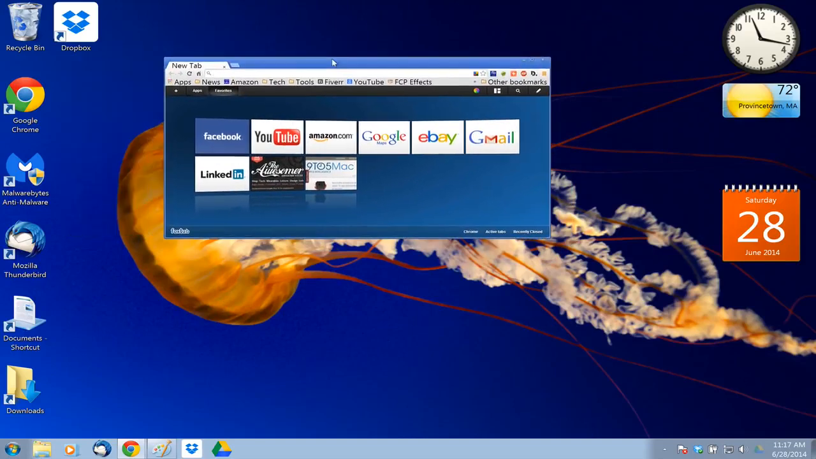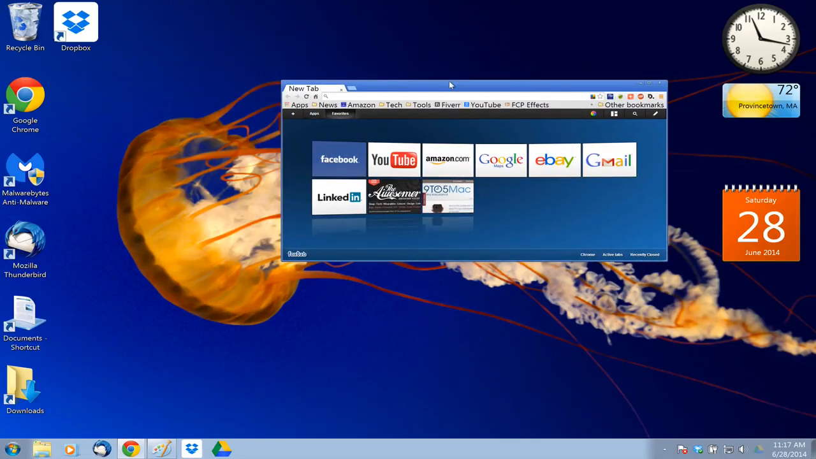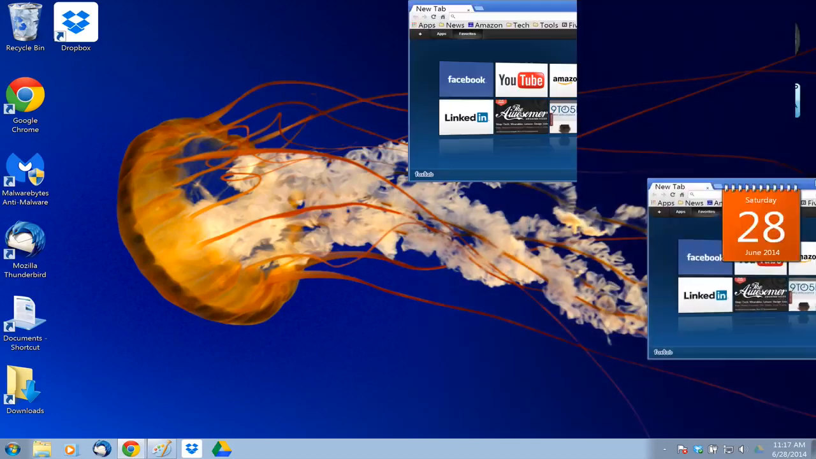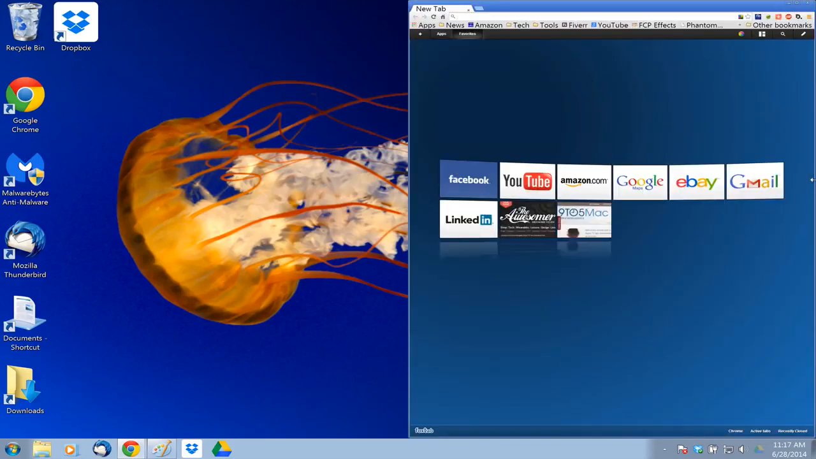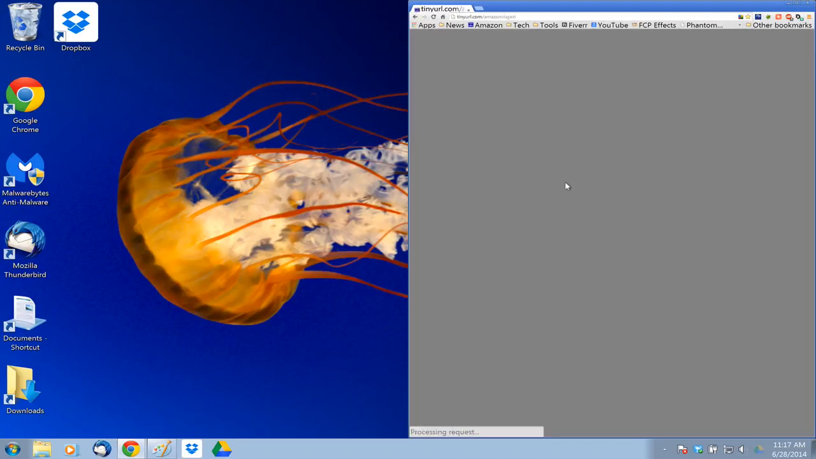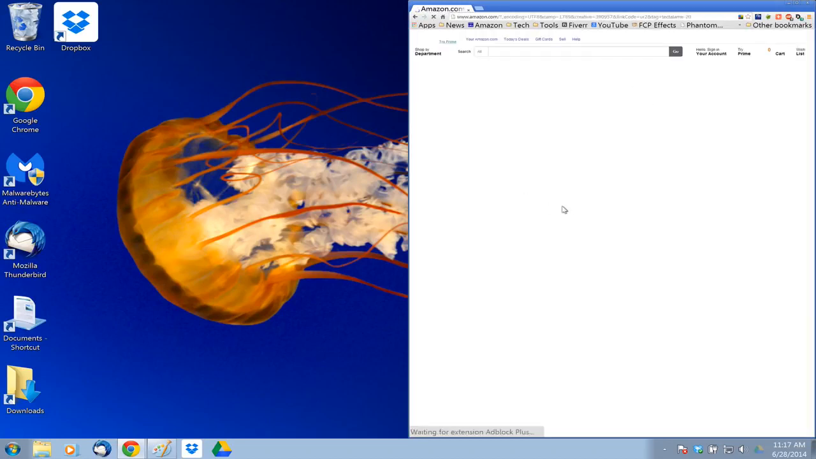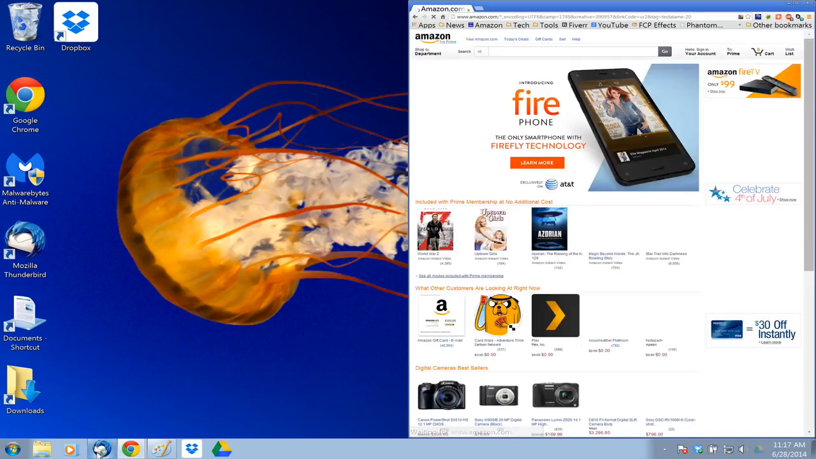And what you can do is just move it to the very right or left corner. And when you do that, you'll see it snaps into place. And it's now taking up half of the screen. So for example, if I go to Amazon.com, I can have half of my screen be Amazon. And now when I go into my mail program,